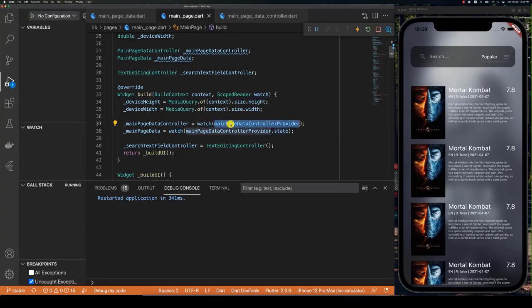And every time something changes inside of the main page data controller provider, it'll reflect and it'll update that value inside of here. And the variable that we have was the main page data variable, which was going to have the functionality where this watch function would watch the main page data controller provider's state, and every time that state would change, it would take that new state and put it inside of our main page data. So now that we have this, what we can do is actually go